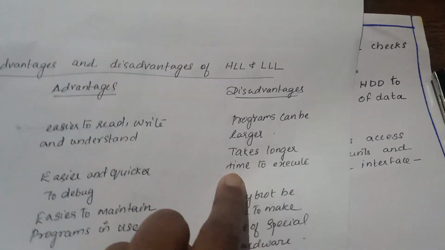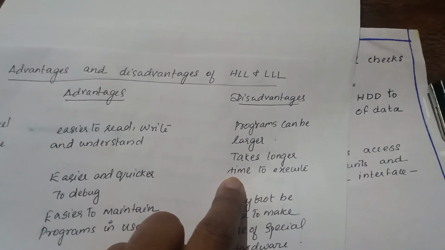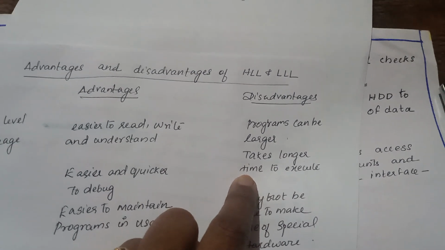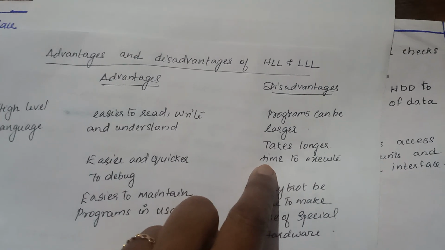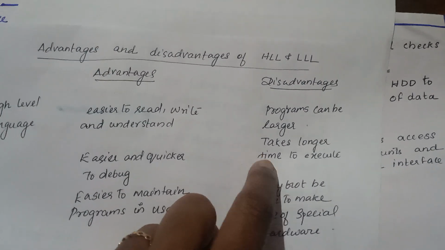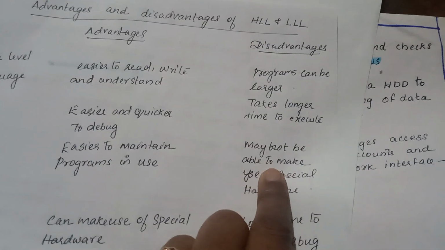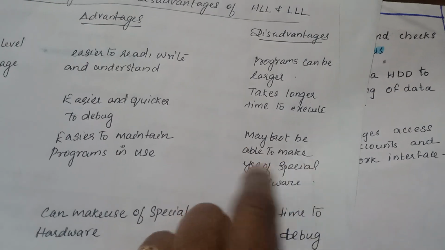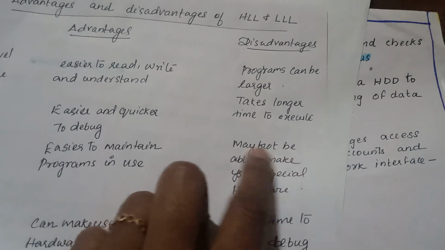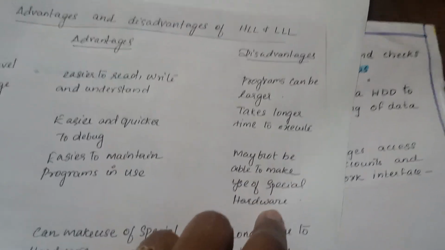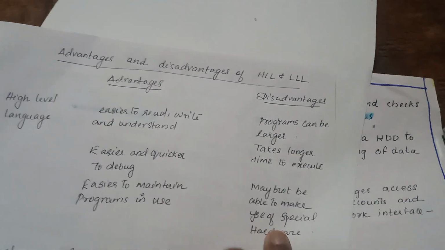It takes longer time to execute. If you have 5 lines, it will be easy for you to execute within 5 minutes. If you have 10 lines, it will take double the time. If you have 20 lines, again it will take more time. So it takes longer time to execute as the program becomes larger, and it may not be able to make use of special hardware. That means here it will not be able to use special hardware. It is writing a program that is very portable, so you cannot use special hardware here in high level